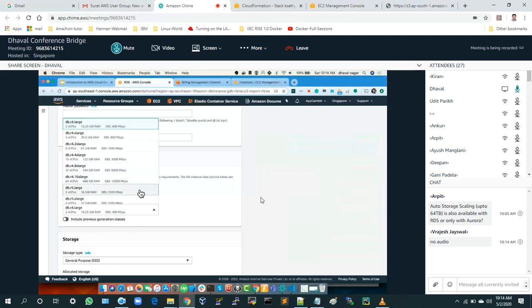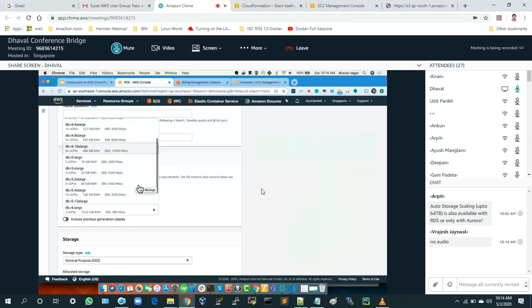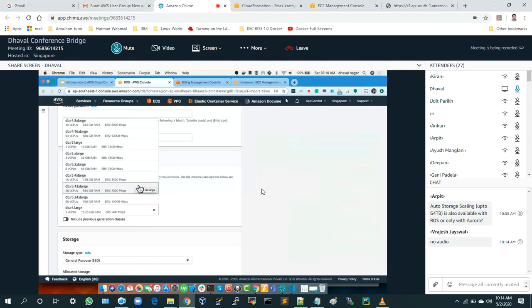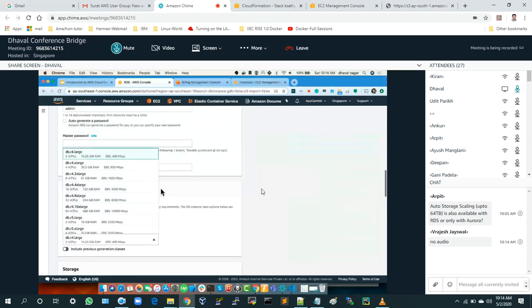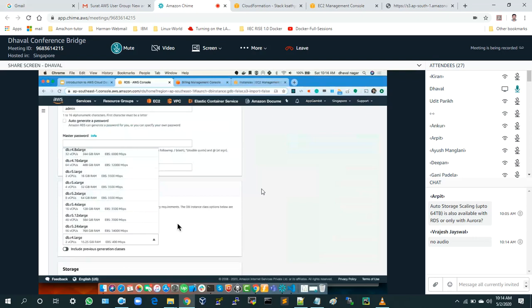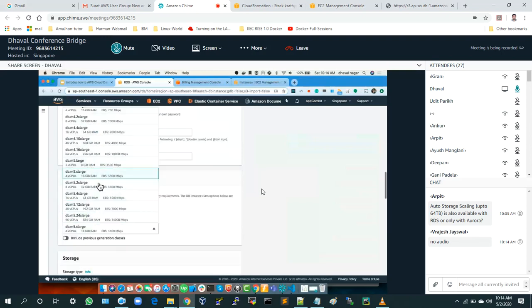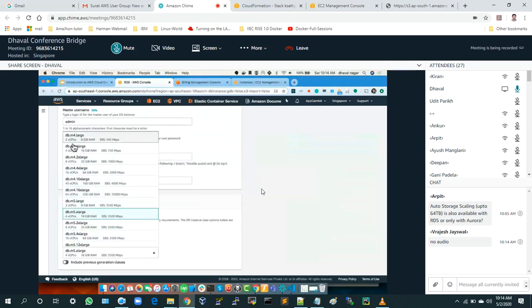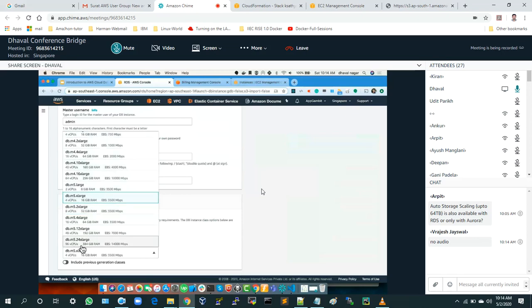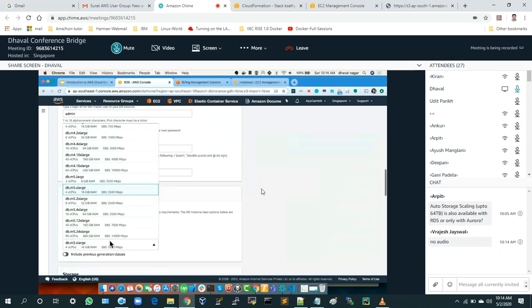So we have a variety of options here, and because RDS knows that you are hosting a database, it will only show you the relevant options which are optimized for hosting the database. So it is db.r4, and you are not seeing any other options because those are not meant for hosting the DB. For standard options, again, you have the M options, which are general purpose, from the large, which is 2 vCPU with 8 GB of RAM, to 96 vCPU with 384 GB of RAM. It's a very high